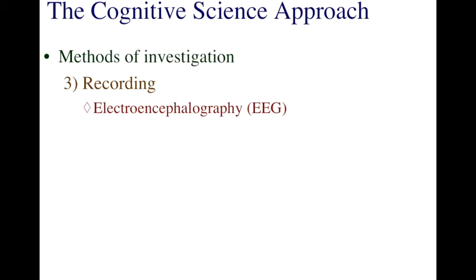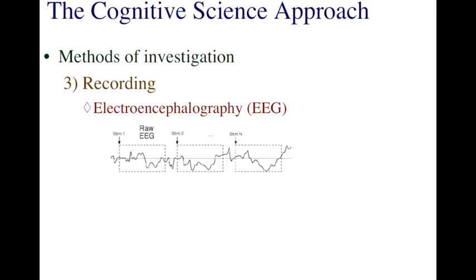A very popular type of recording is to use electroencephalography, or EEG. An EEG measures the electrical activity on the surface of the cortex using very sensitive electrodes. Now, if we look at these brain waves, what we find is that they don't make a lot of sense. So here's an example where a participant whose brain waves are being measured is presented with a series of stimuli. If we look at what's happening, we can see that there are shifts and movements from negative to positive waves each time the stimulus is presented, but it doesn't look like there's much rhyme nor reason or consistency.